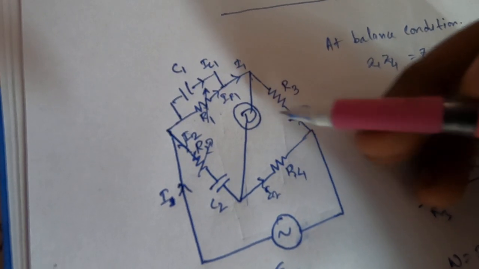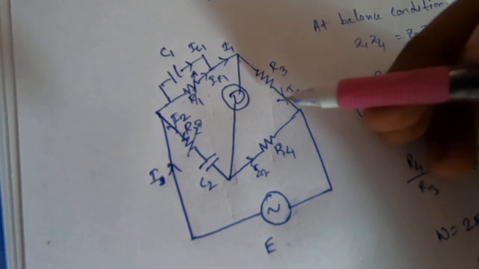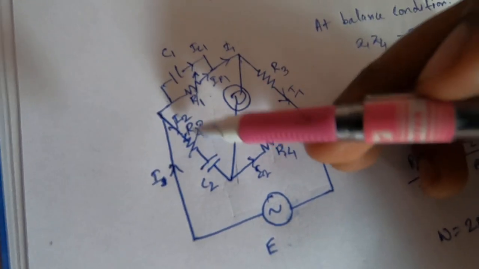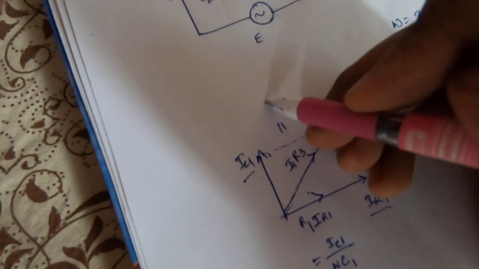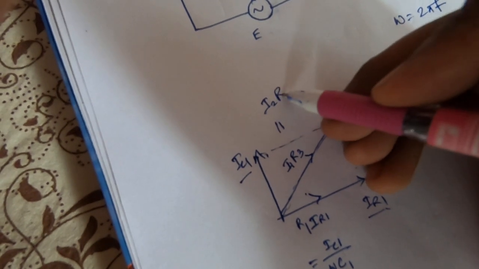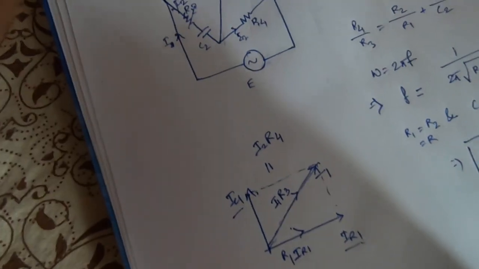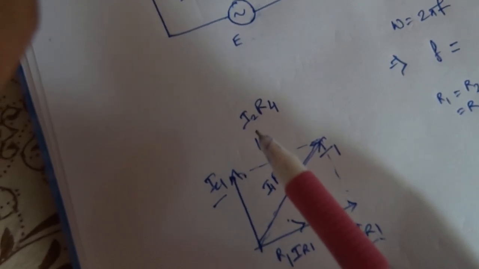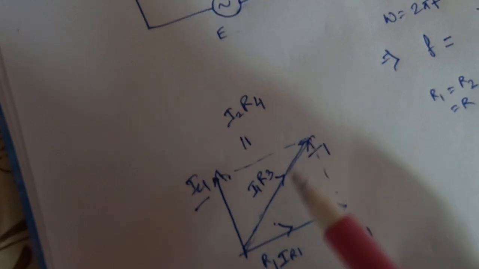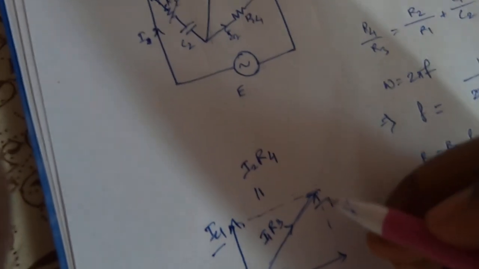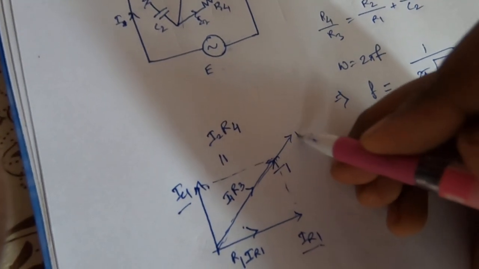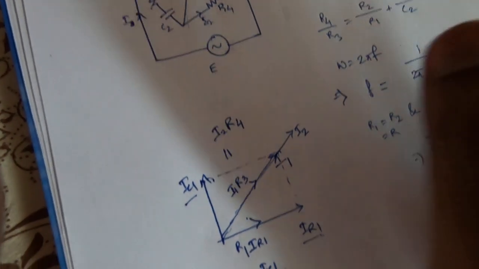This I2 R4 will be the same, because we know that the voltage drop across this arm and this arm will be the same, and this arm and this arm will be the same. So hence you can write this I1 R3 is also equal to I2 R4. Fine. So whenever you are drawing this I2 R4 in this axis, it can be said that I2 will be in the same phase as I1. Clear? I2 will be in the same phase as I1. So you can write down this I2 over there. No issue with that.